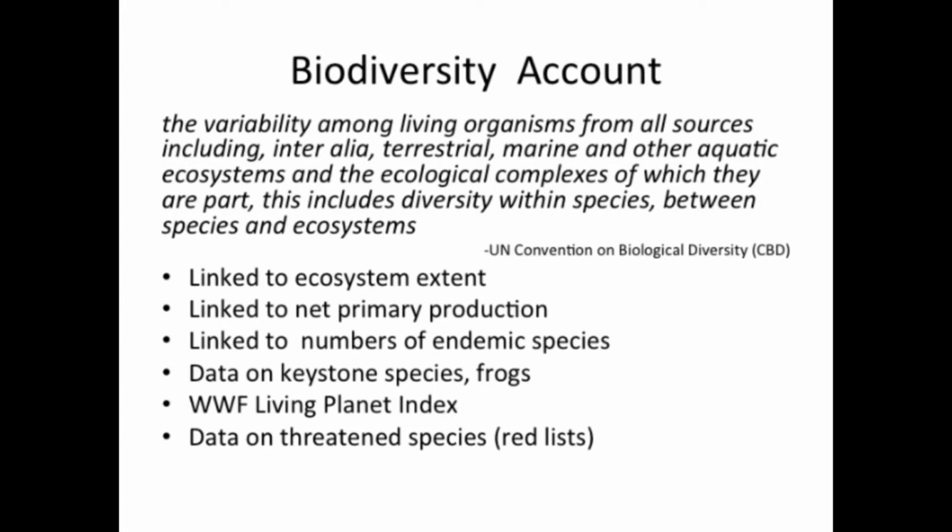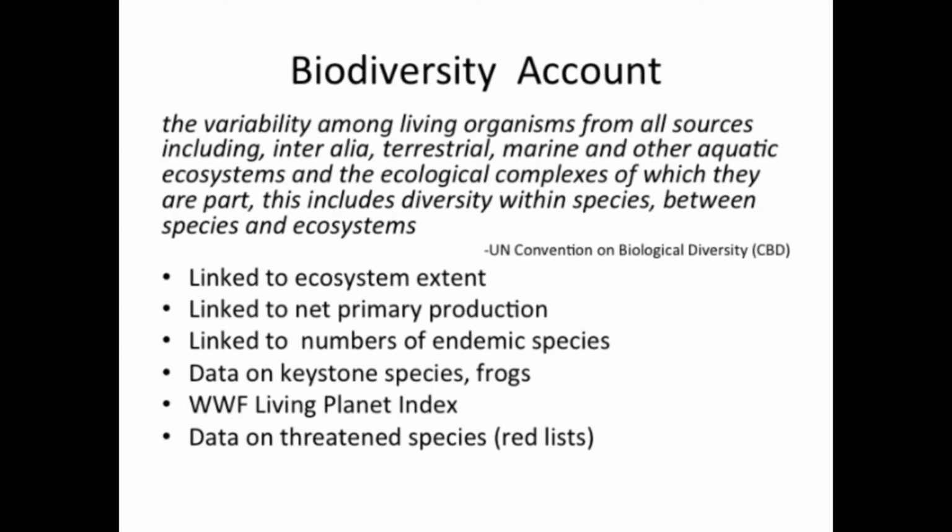I like the example of the frogs because of a book I was reading by the biologist E.O. Wilson. He described frogs as a perfect indicator for the condition of ecosystems as functional units. He said that we couldn't have possibly designed a better indicator than frogs because frogs spend their life cycles both in the water and on land in that ecosystem, and because they're prone to absorb and thus very sensitive to all kinds of changes in that ecosystem. So we have information on the population of frogs, the keystone species,